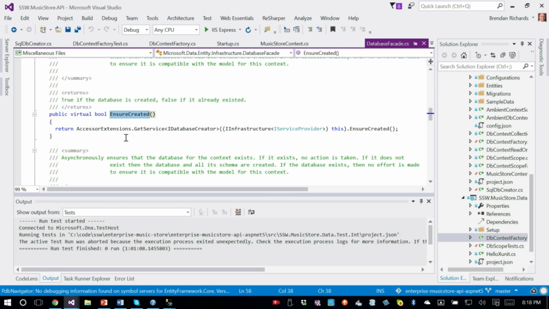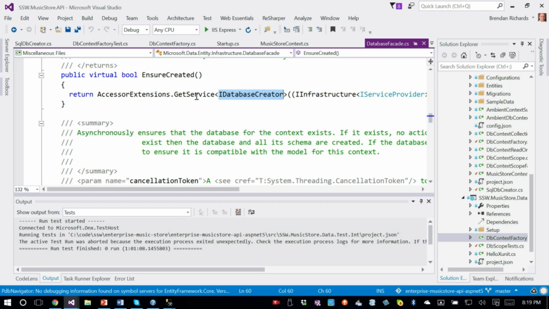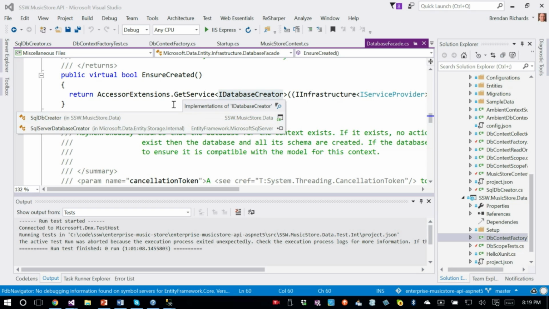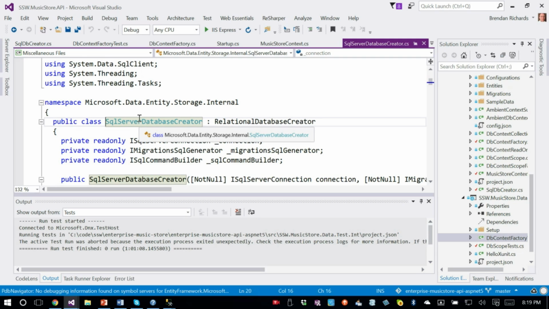Cool. And then I saw, okay, this looks quite familiar. I don't know what this is, but DatabaseCreator. That looks like it creates a database. That's pretty well named. Let me make it bigger. So I found what looks like some kind of dependency injection service locator. I've got a function called GetService, got a function called IDatabaseCreator. Okay, well, let's look for that. Control F12. And I found a couple of things. Something called SqlServerDatabaseCreator. Well, that sounds like the thing I'm looking for. So I opened up that. So I think that's the class I'm looking for now.